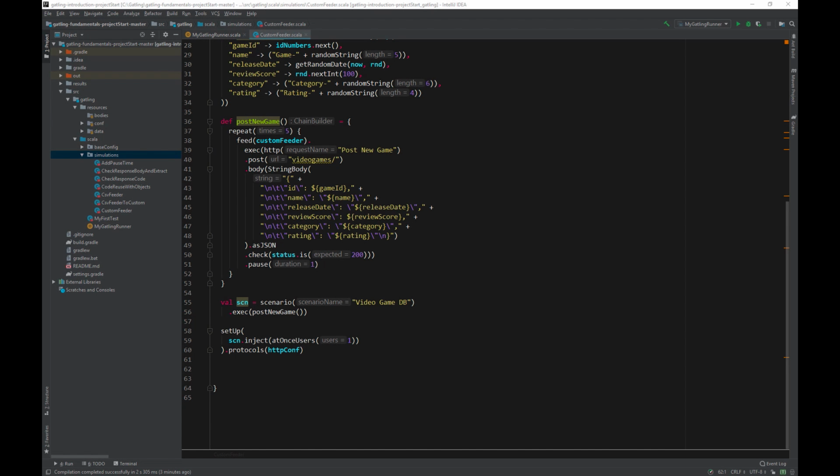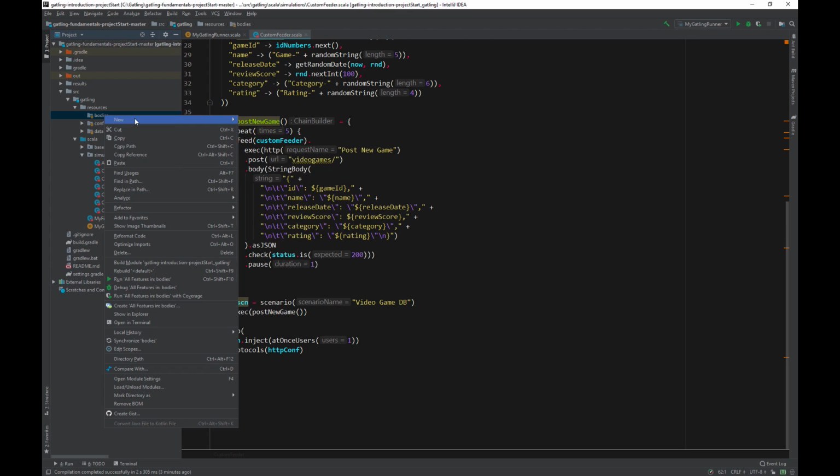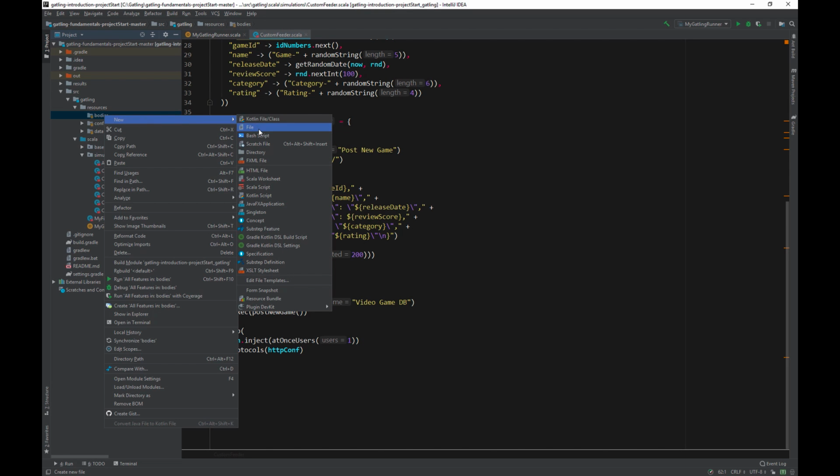In the previous video, we had to type out some quite ugly formatted JSON to call our custom feeder. In this video, I will show you a cleaner way to do this through using a template file. The template file will match the request body that we send to the create new game call, but each of the values will be parameterized. Inside Gatling, Resources, Bodies, right-click and choose Create New File. Give it a name of